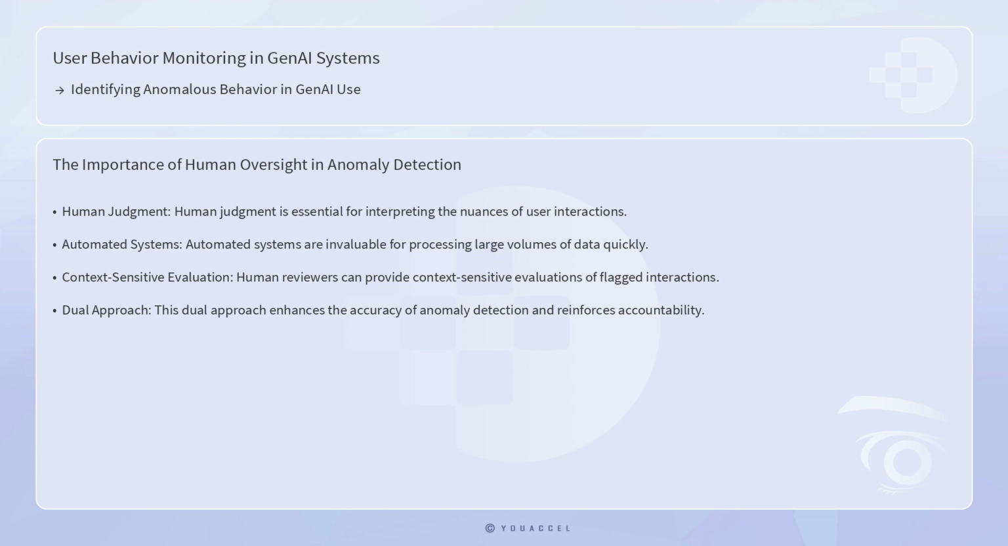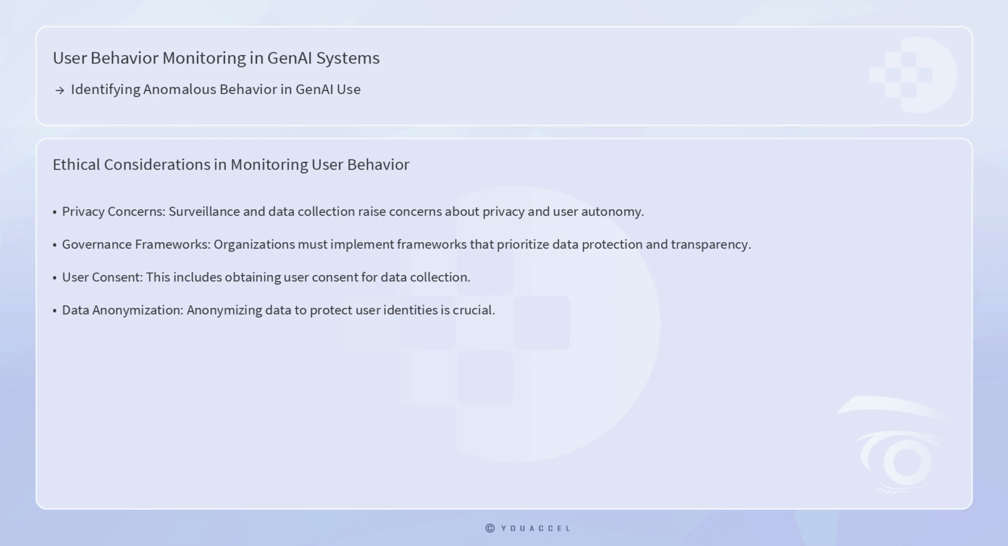monitoring process. The ethical implications of monitoring user behavior in GenAI systems must also be considered. While surveillance and data collection are necessary for identifying anomalies, they raise concerns about privacy and user autonomy. To address these concerns, organizations must implement governance frameworks that prioritize data protection and transparency. This includes obtaining user consent for data collection, anonymizing data to protect user identities, and clearly communicating the purpose and scope of monitoring activities. By adhering to these principles, organizations can foster trust and ensure that their monitoring practices align